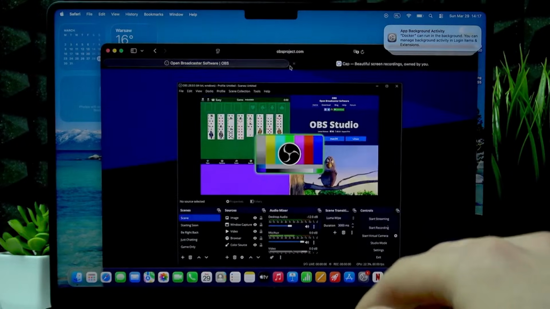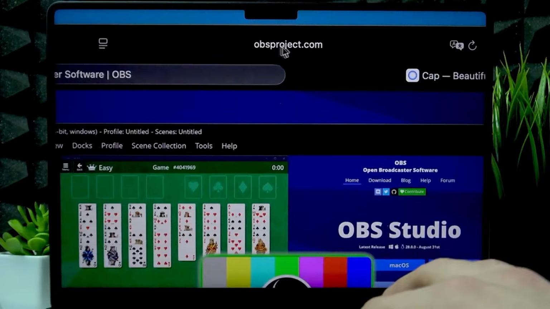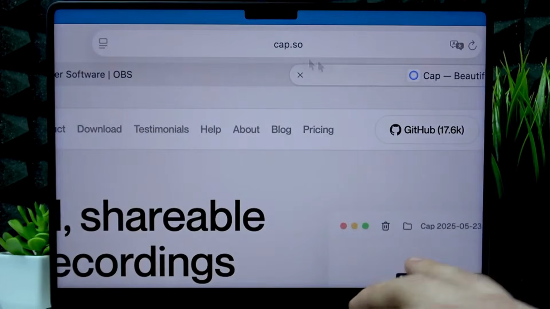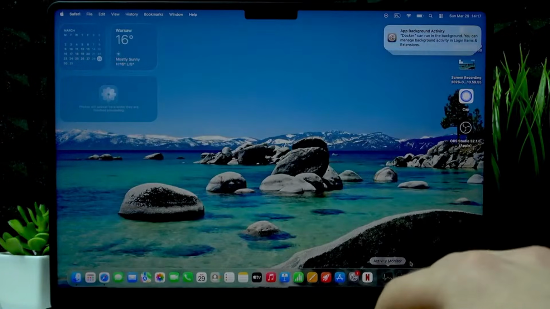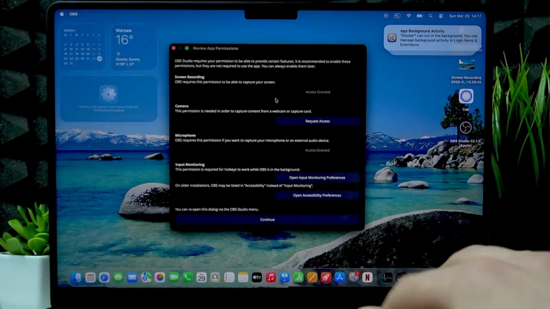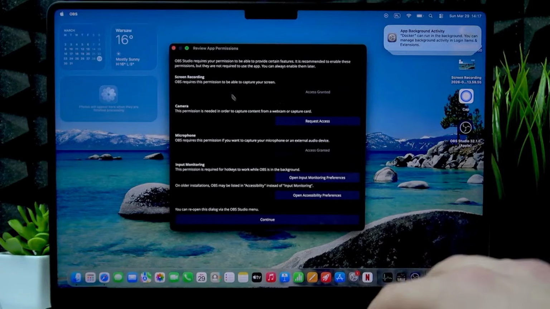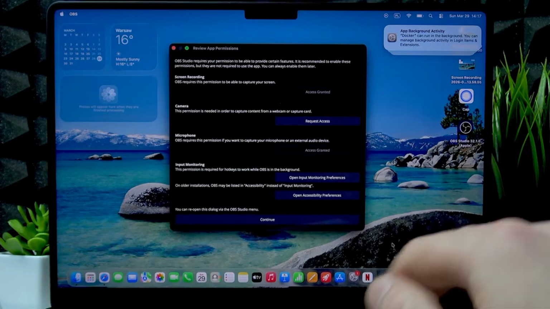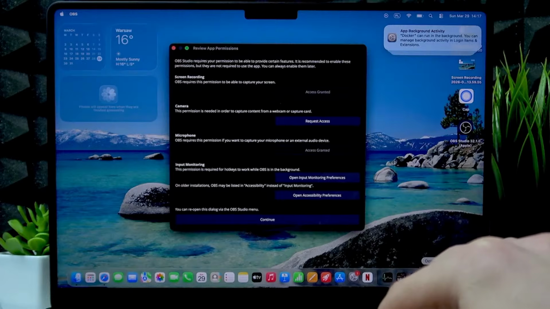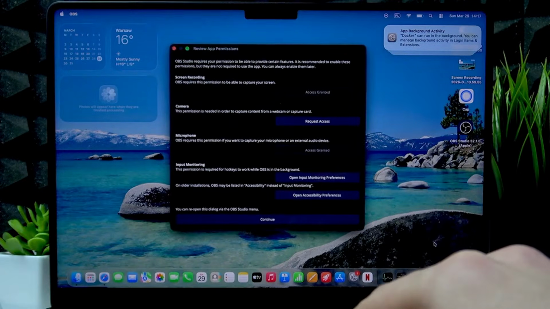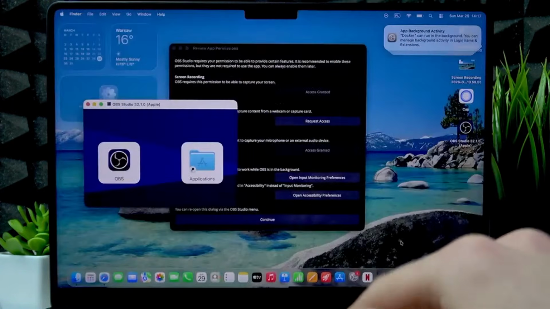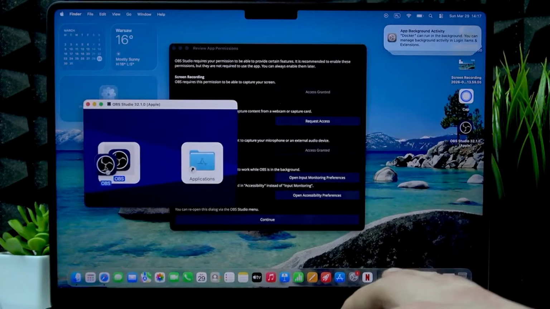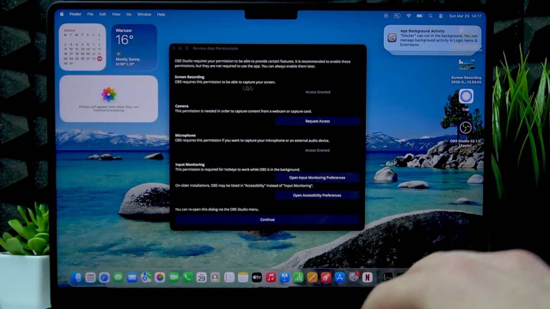So as for the OBS, it is available on the obsproject.com website, and Cap is available on cap.so website. Now let me show you the OBS first. So first of all, once we open the applications, which are both installed using the DMG files, I have both downloads right here. Now to install this application, you just have to drag it to your applications folder in the appearing window. And okay, so once both applications are installed,